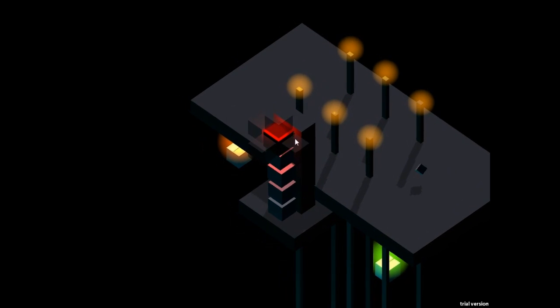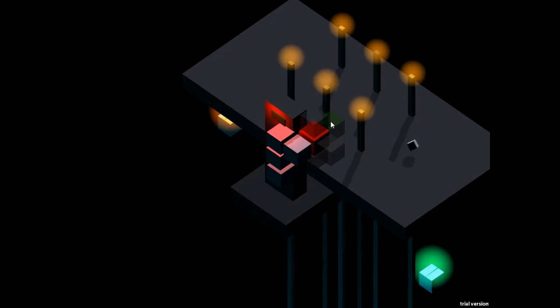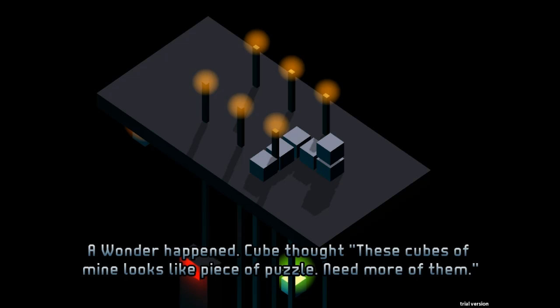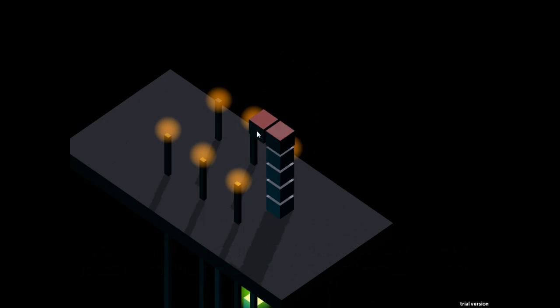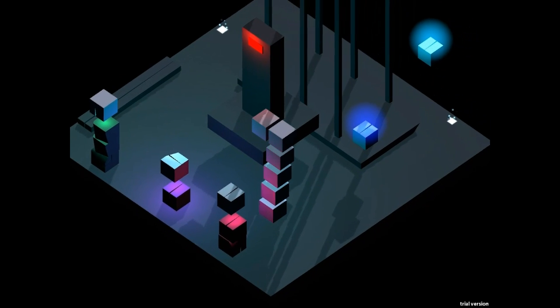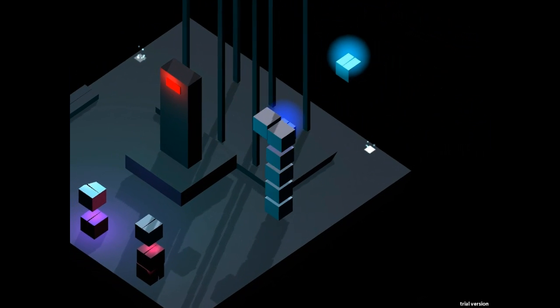Alright, here's what I'm going to do. I'm going to wedge myself through this and break the platform. There we go. Whatever. I thought I was going to be done. A wonder happened. Cube thought these cubes of mine look like a piece of a puzzle. Need more of them. Well, I figured that part out. Well, I guess there is still more to see. So I've discovered how to beat this little challenge by doing it completely wrong, most likely. And then I get to jump all the way down here and bounce my way around. This is probably way easier when you have more blocks if you wanted to get back up there, but...